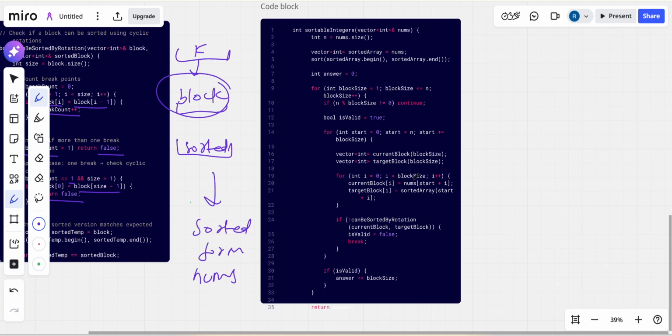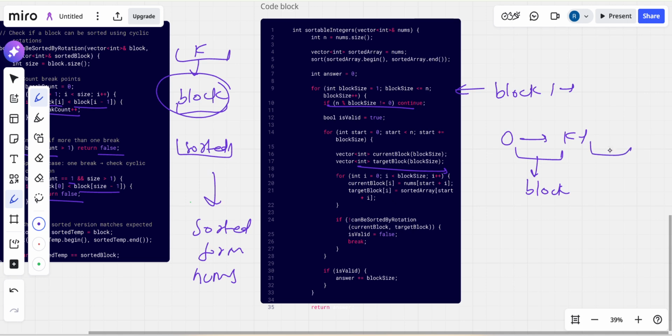And to calculate for all k, we are checking block sizes from 1 to all divisors of n. Here we are getting the divisors of n. For each divisor we start with 0, then we check the k subarray. This is the k subarray from 0 to k minus 1; this is one block.